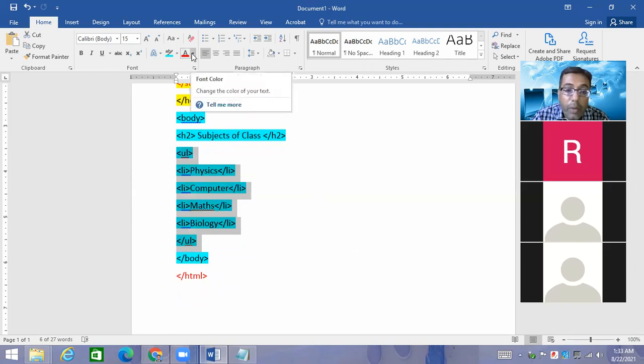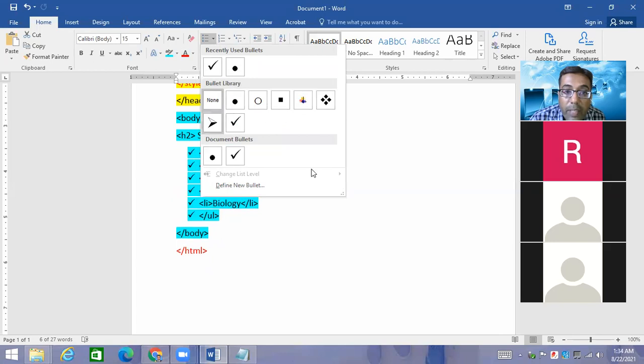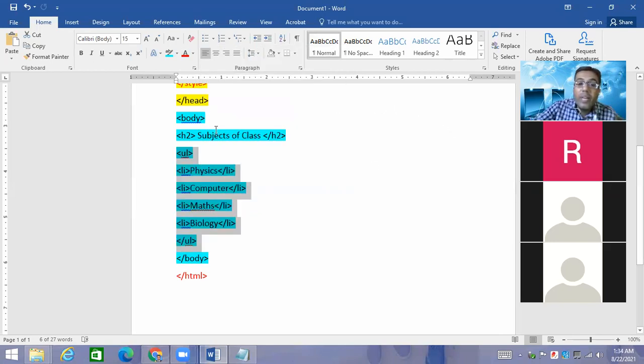Unordered means that there won't be any order. It will not be in numbers, letters, characters or alphabets; it will be in some design, just like the designs in Microsoft Word. That's why we have mentioned that this is an unordered list. Li means the points which will come in the list.